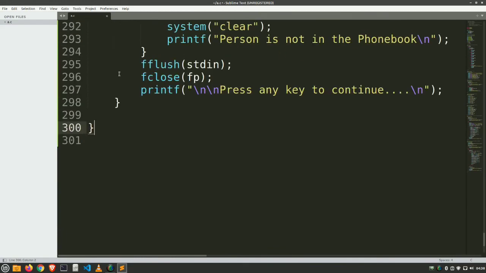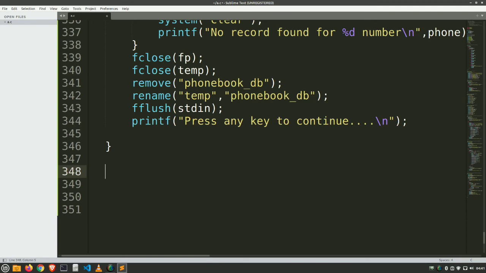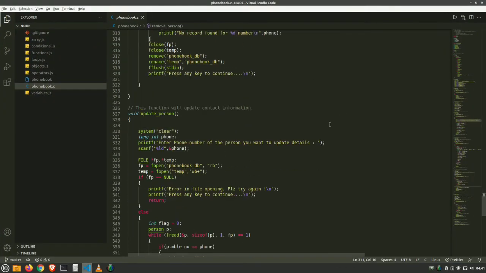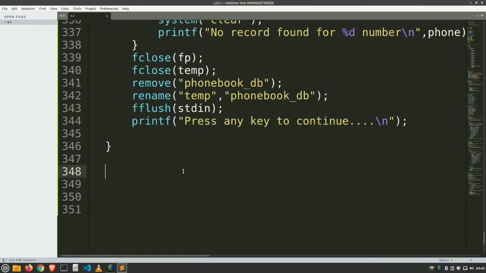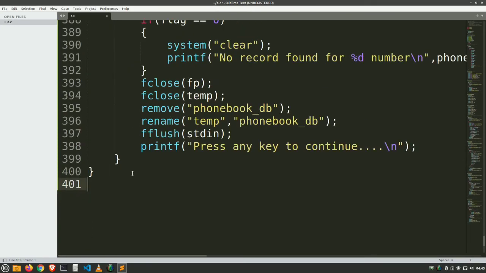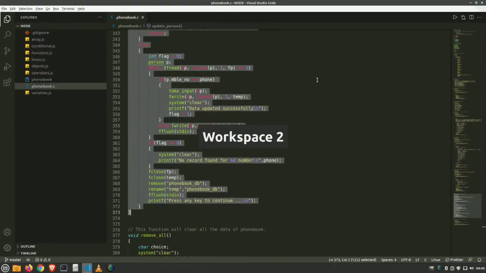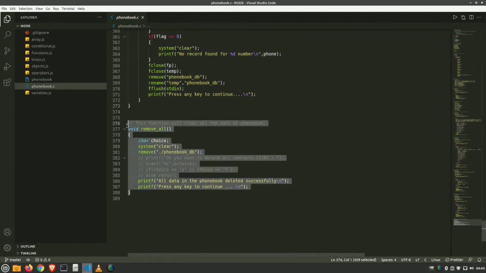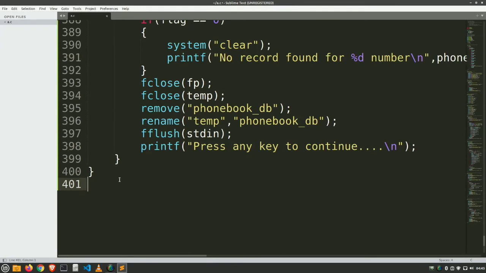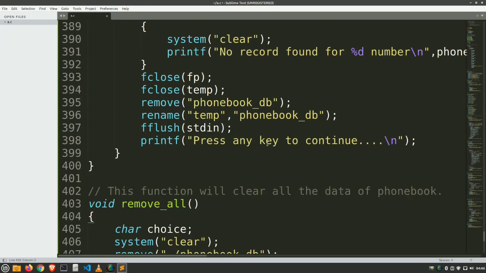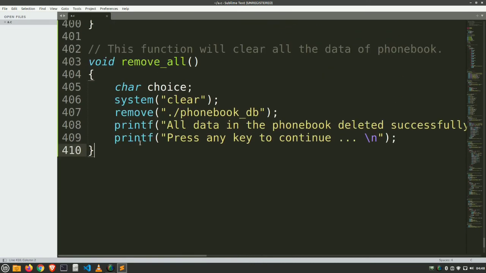Then let's move on to the next function. So here it is, our remove function.